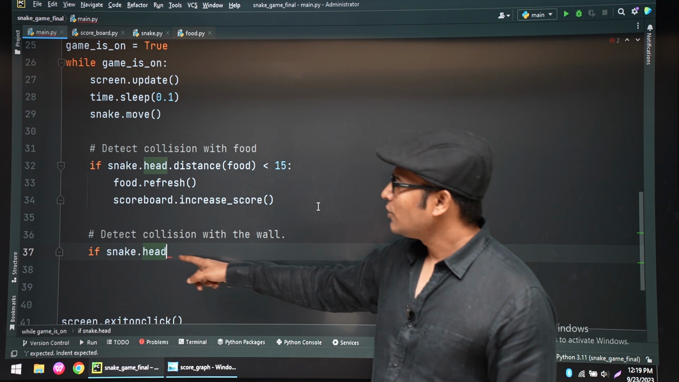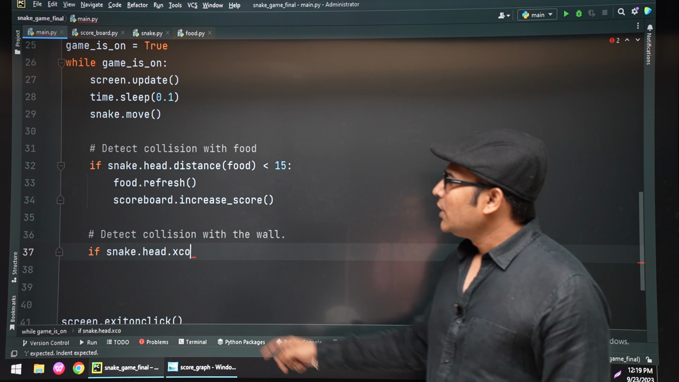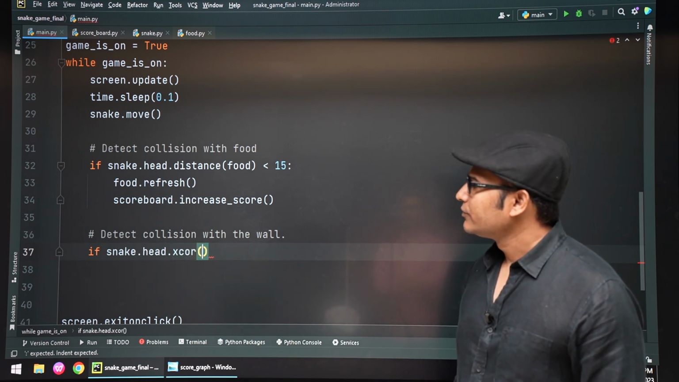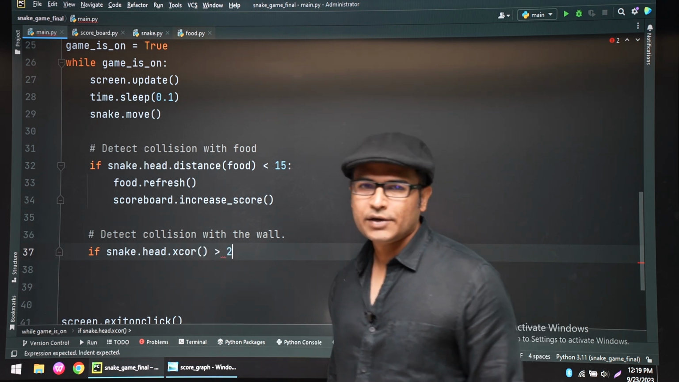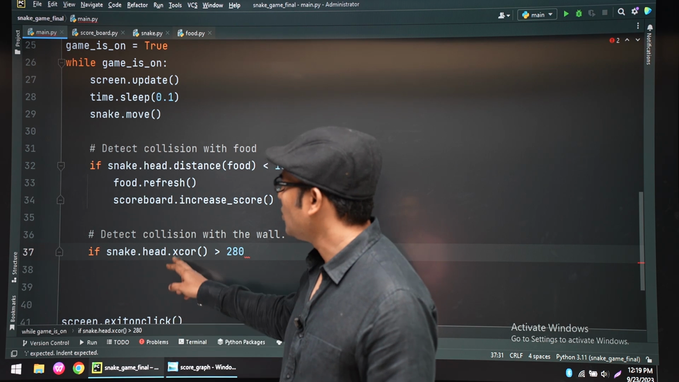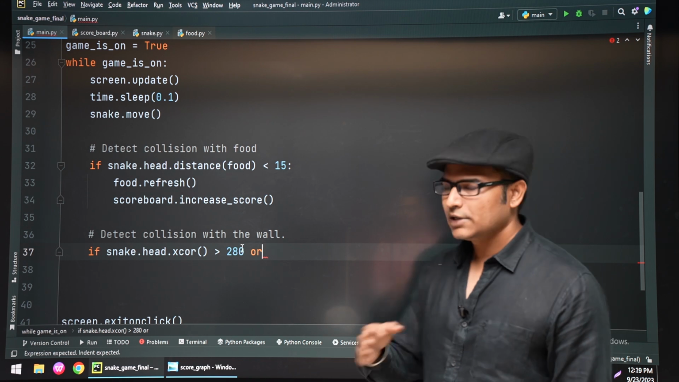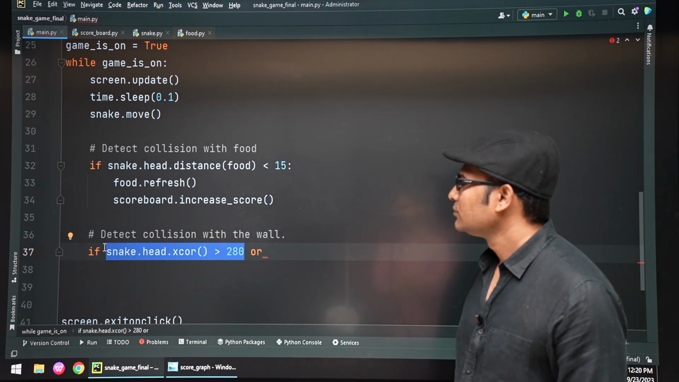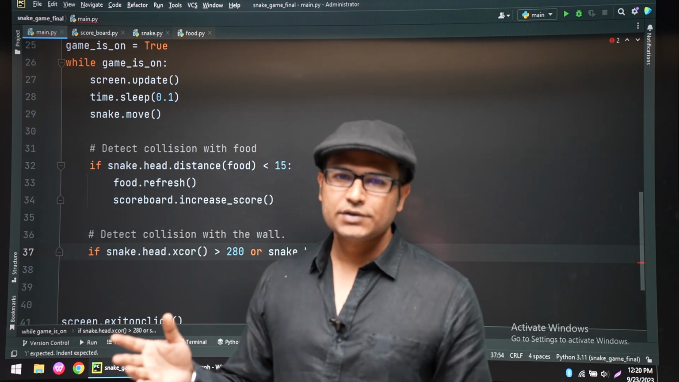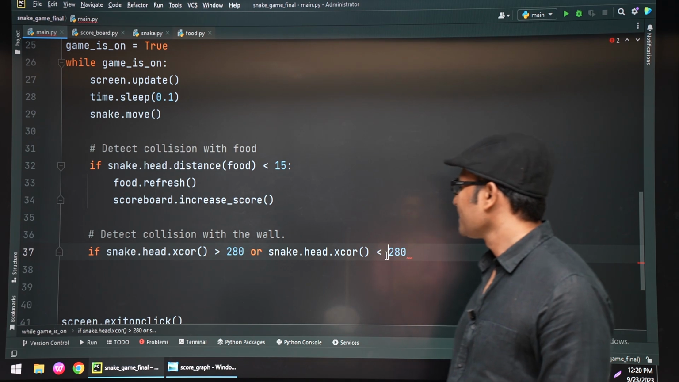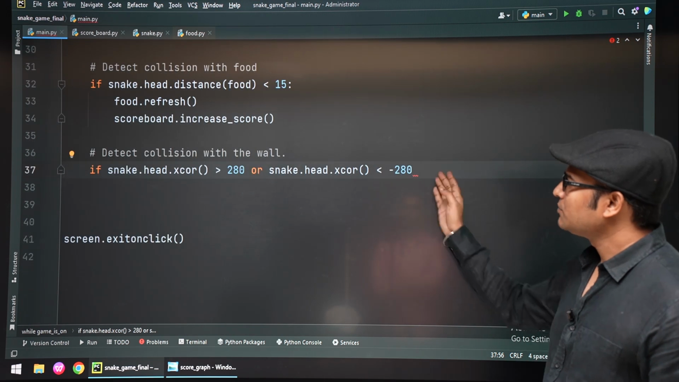Now we are taking the head of the snake, which is a segment, which is a turtle, and we are getting its x coordinate by using xcor. It is a method available on turtle, and you can check it in the documentation. Now if it is greater than 280, which means it has passed 280, we have to check 4 conditions for x and y, on both sides. Or if it is less than -280, which means it has passed the wall on the other side,